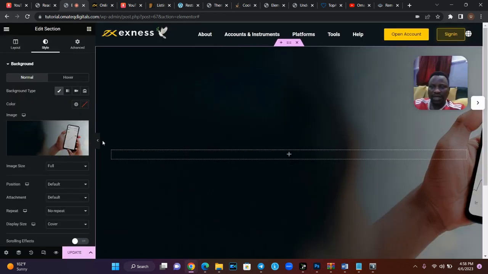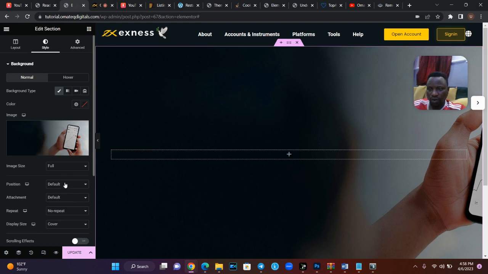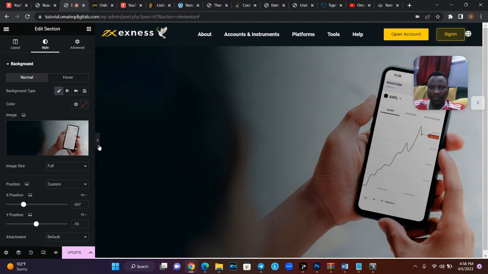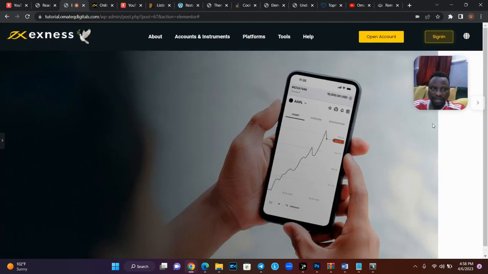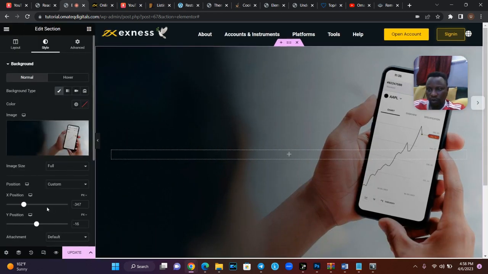All right, our image is like this. Now if you check their own, it's closer to this place, while ours is like this. So on position, we are going to make it custom. Then if you look at it like this, it has shifted to this side. Are you seeing it? But we need to expand it to this edge. So what we are going to do,